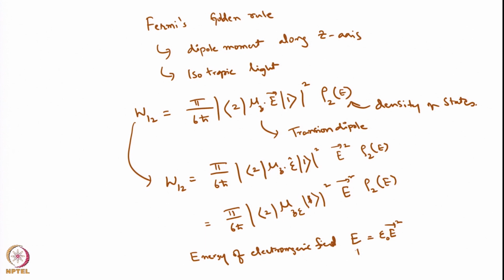So, this is energy and this is nothing but the electric field, and epsilon naught is the permittivity of free space. So, I can rewrite this equation: W12 equals pi by 6 epsilon naught h bar